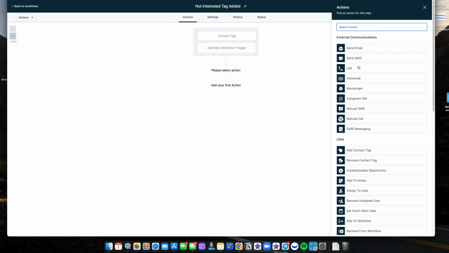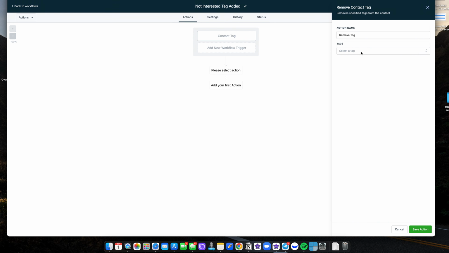What's the first thing that it's going to do? It's going to remove any other contact tags. So we're going to remove replied. Obviously, that's the first one we want to get rid of. We're going to remove lead. Maybe it was a lead in the past and now it's not. It's a dead lead. So we just want to remove